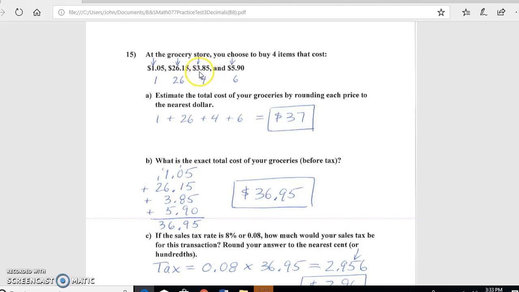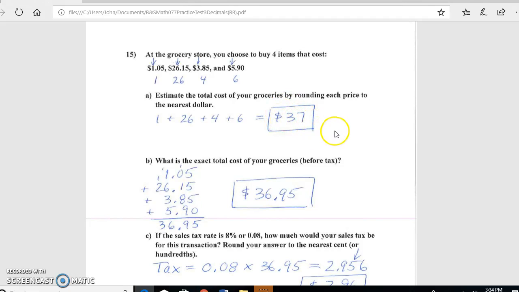$3.85, we're going to round it at the 3, and because of the 8, which is 5 or greater, the 3 would be rounded to a 4. And then we have $5.90, we're going to round it at the 5. Because of the 9 to the right of it, we're going to round up to a 6. So these 4 numbers here are the costs of each of these items rounded to the nearest dollar. When we add the 4 of them together, we have $37,